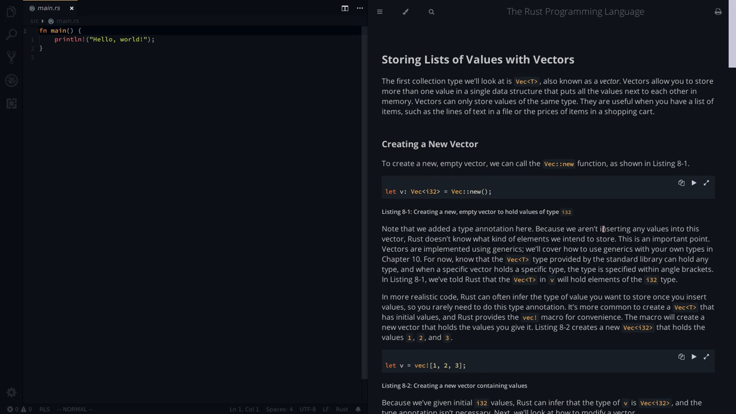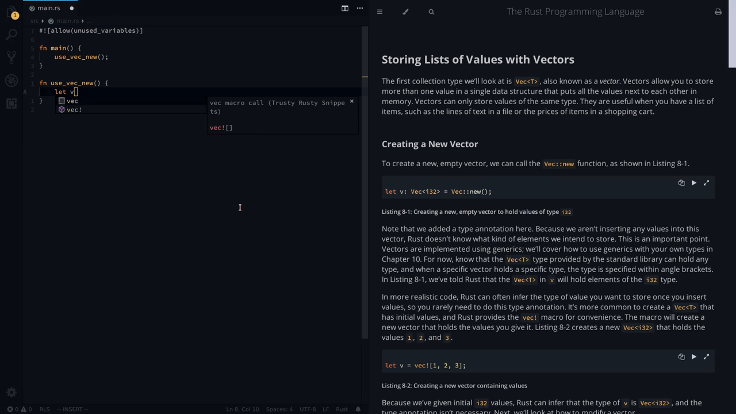Creating a new vector. To create a new empty vector, we can call the Vec::new function, as shown in listing 8.1. Let v: Vec<i32> = Vec::new();